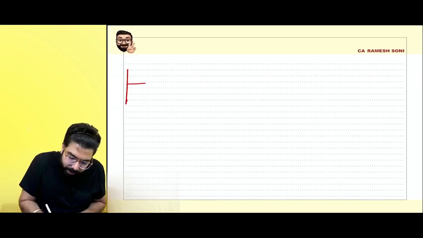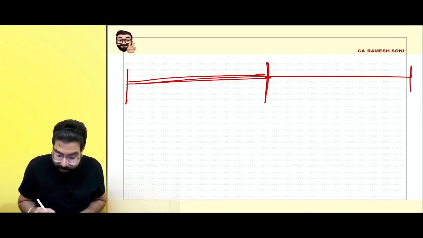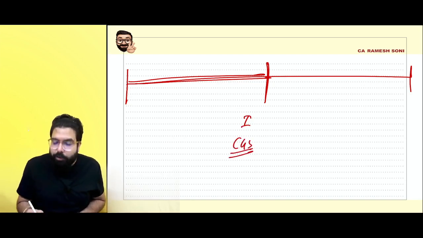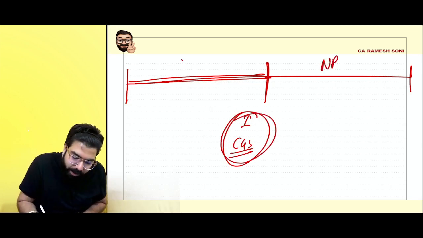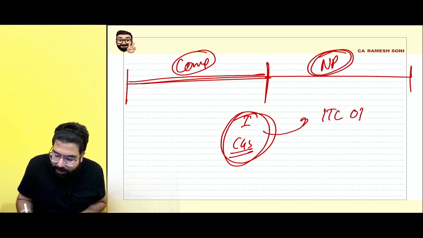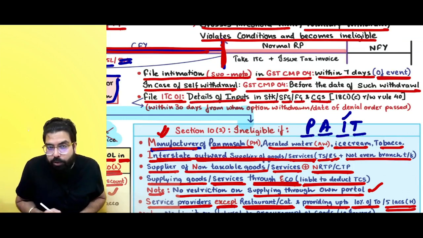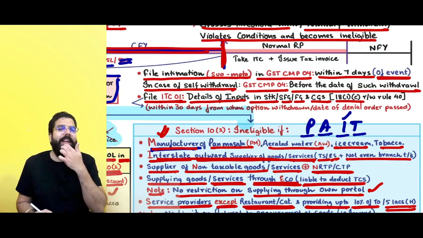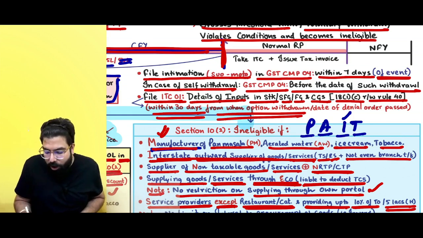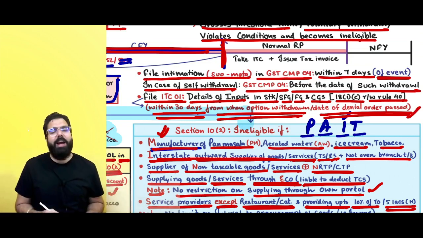Always remember, once you withdraw, for example, sir, I was under composition till here. When you were under composition, you did not take the ITC, but for all the input or capital goods which are there, now you are eligible to take the ITC. So, to take the ITC, because you are a normal person now, earlier you were under composition, you have to go online and file ITC 01. That is what is being told. Details of input in stock, semi-finished goods, finished goods and capital goods have to be given. Section number 18(1)(c) is applicable, read with rule number 40, within 30 days from the date when the option is withdrawn or when the officer has passed an order denying you composition. From that day you have to file ITC 01.